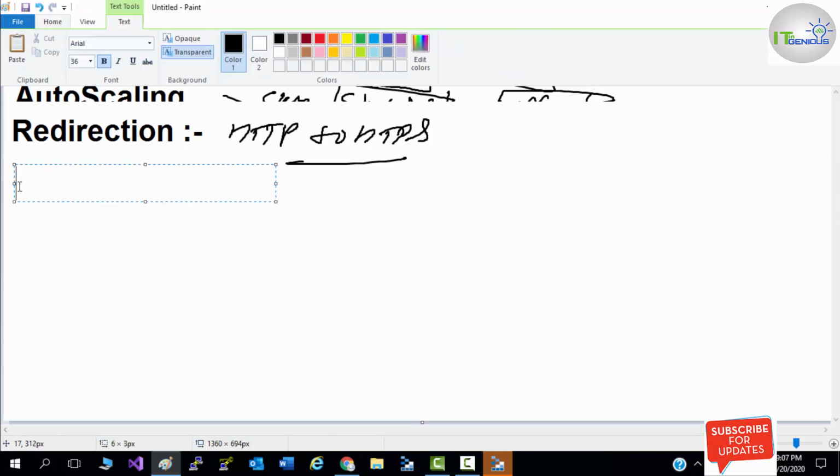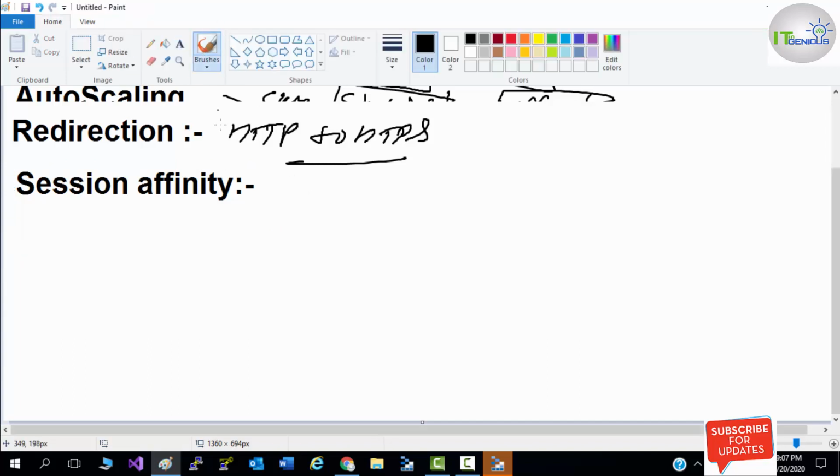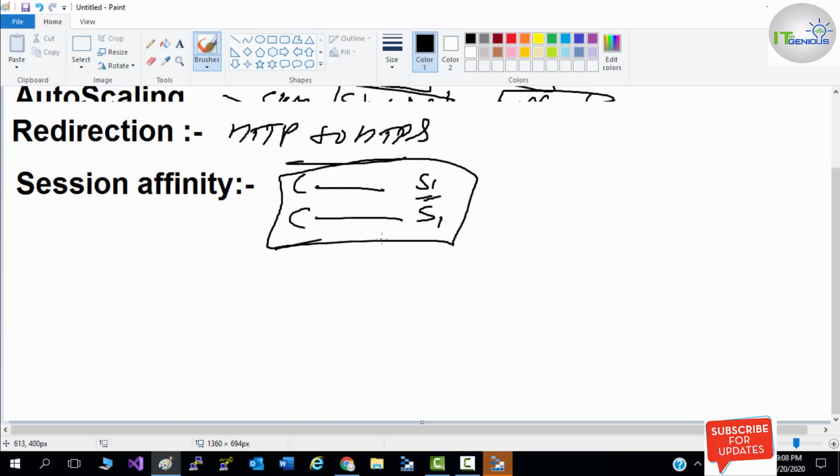And the next feature is session affinity. Session affinity means you will get a sticky connection. So you can enable a sticky connection for your web application, which I will show you in my lab. So the client who is connected with a backend pool server, like server one, if he makes another request, the client should be connected with the same server. That is called sticky connection. So you can enable sticky connection through your application gateway.